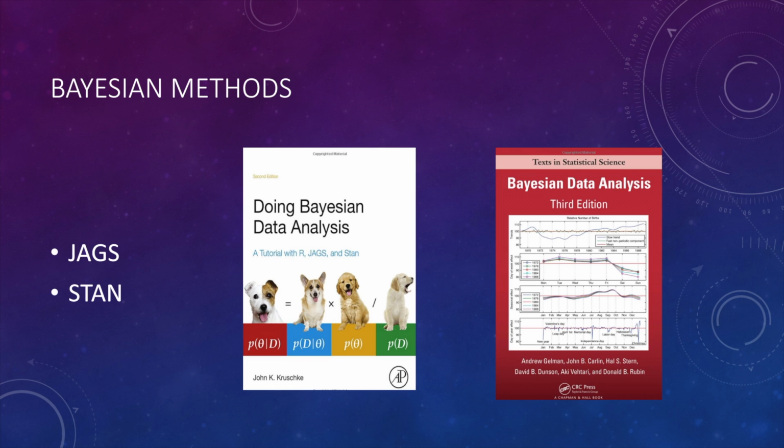Next up is Bayesian methods, which is another way of looking at your data and is different from the frequentist approach. It gives you another perspective to derive inference from your data. The 2 software packages, JAGS and Stan, are the cornerstone of Bayesian analysis, and the 2 books listed here are enough to learn the Bayesian theory, especially the book by Kruschke, which covers the hands-on part really well.